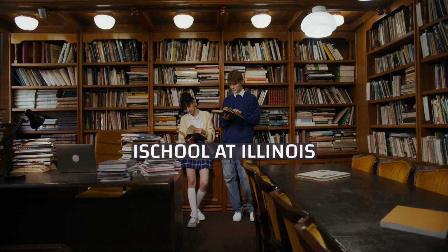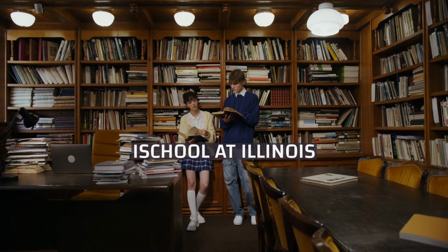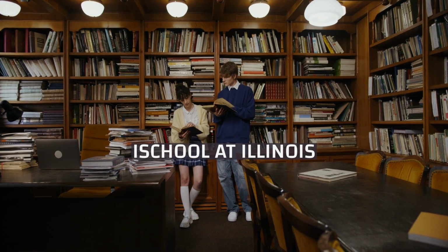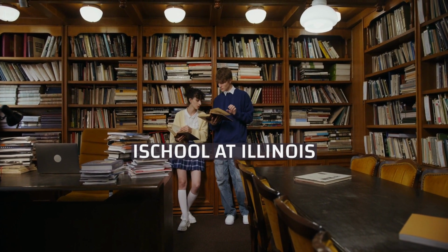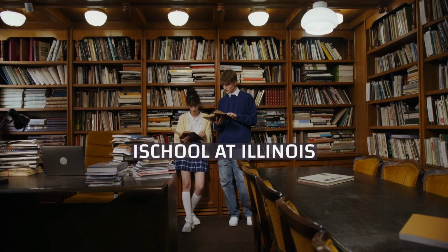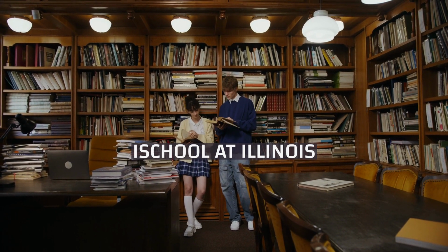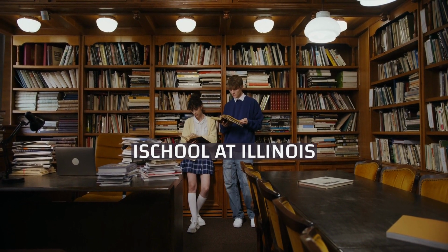In the next phase, we'll be immersing ourselves in the realm of iSchool at Illinois and exploring its real-world applications. The library is deeply involved in the training of new generations of curators and special collections librarians. Jointly with the UIUC School of Information Sciences, the iSchool at Illinois, the library offers a certificate in special collections librarianship